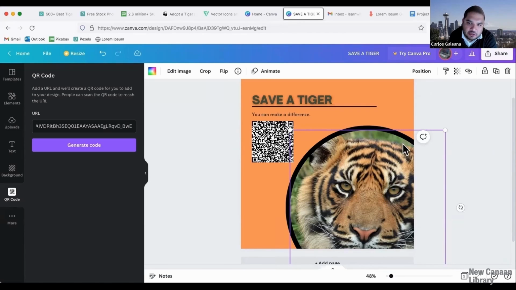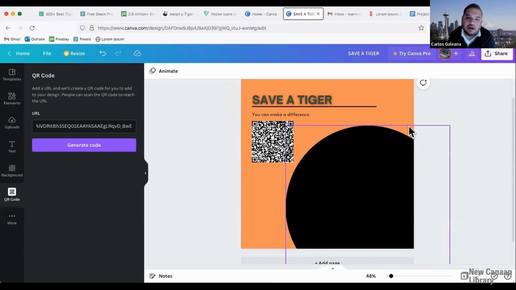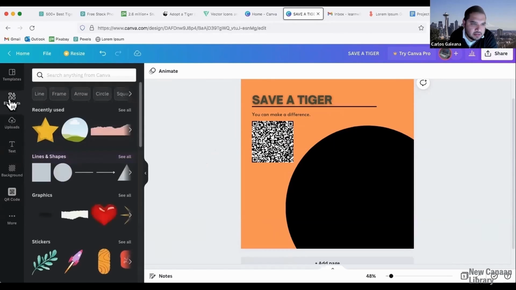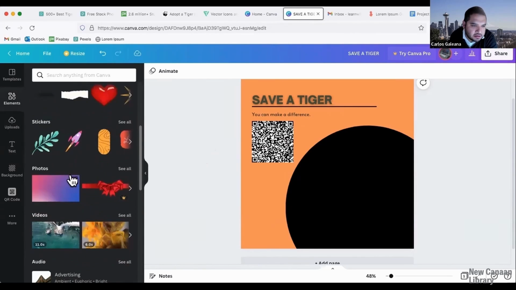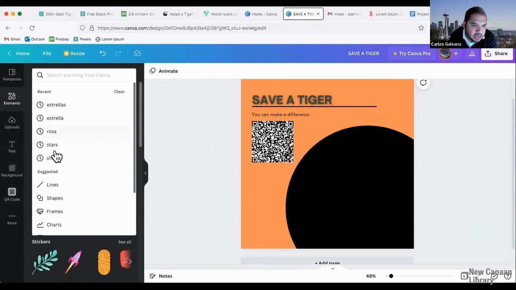So our original template was the circle. So if I delete the tiger, it's being held in this basically like a picture frame, and it looks like a country landscape. So if I delete that, that's pretty much gone. And back here, it's just a big black circle. But to change the shape of the picture itself, you need to choose a frame that has a certain shape. So if I go to elements, here's some different things to try, and just go ahead and click on this box, and then you could try frames.